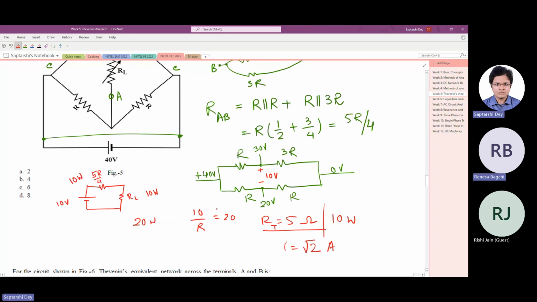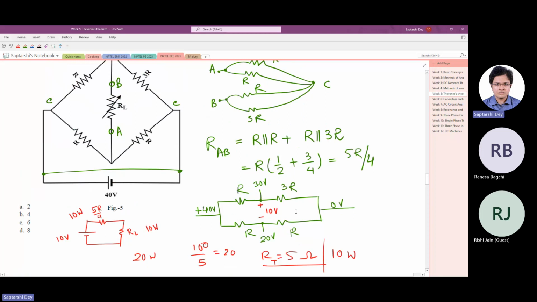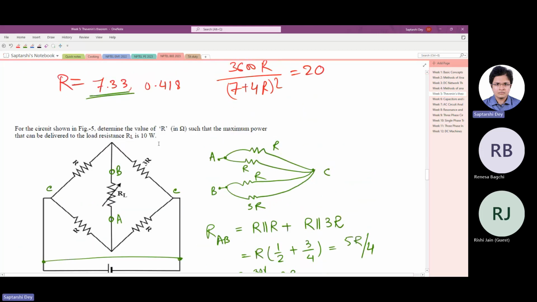Sir, if I ask you an off-topic question, will you answer it kindly? Wait a minute. Why am I getting 2.5? What is the equivalent voltage that you got? Thevenin equivalent. Sir, VTH is equal to I2R minus I1R, so it will be 10 volt. Yeah, 10 volt I got. So 10 volt, 5R by 4 and RL in series. Right. Now